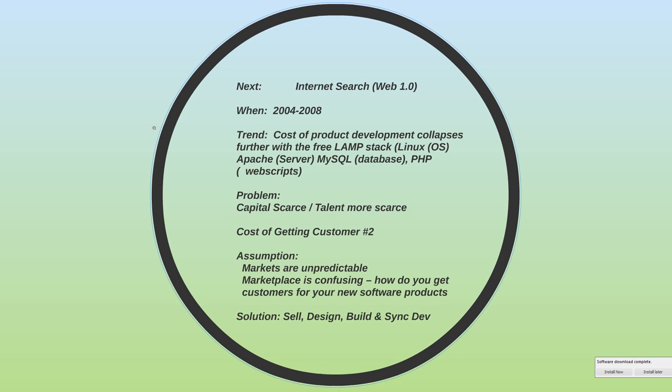We still had problems with capital, we still had problems with talent, we still had problems with number two. But because now the cost of programming had fallen and the cost of mistakes had been reduced, what you needed to do now was actually test ideas with real product in the marketplace in real time. And because the cost of development was now low, people were now actually running around offering to build products